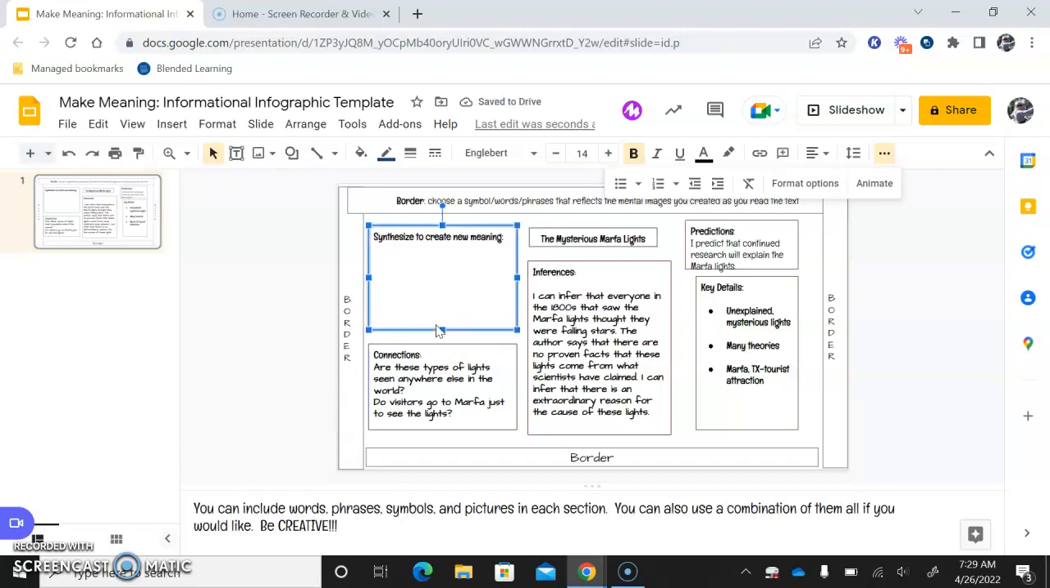So my last box before I get to my border is I'm going to synthesize. Now the word synthesize comes from our stems, syn, which is together, and thesis, which has to do with thinking. So you want to bring your thinking together. So you're creating new meaning that goes beyond one particular text. So that's what I'm going to put in this box. And I'm going to put something like,